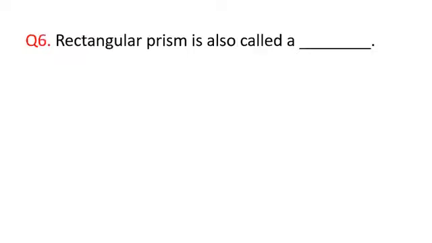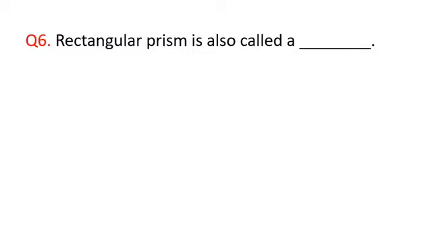Coming to the next question, question number 6, that is, a rectangular prism is also called a dash. You are supposed to tell the other name of a rectangular prism. First of all, let us see what we mean by a prism. I am repeating it, a polyhedron. Though I have told you in the previous lectures and in the revision lecture, I am repeating it once again. A polyhedron whose base and top are congruent polygons and whose lateral faces are rectangles, as in this rectangular prism. Otherwise, in general, you can write a polyhedron whose base and top are congruent polygons and whose lateral faces are parallelograms in shape is called a prism.